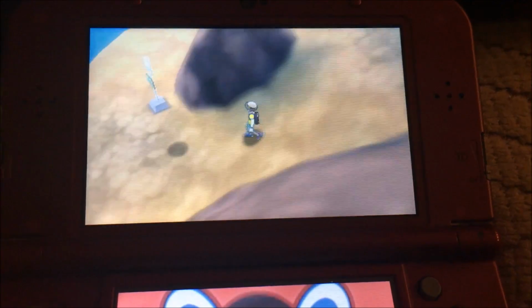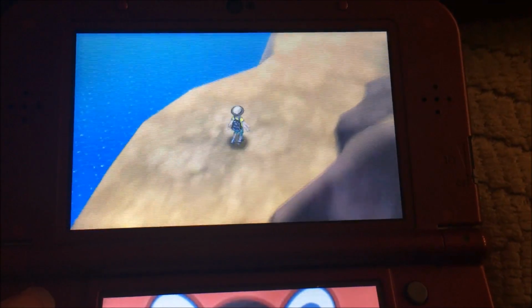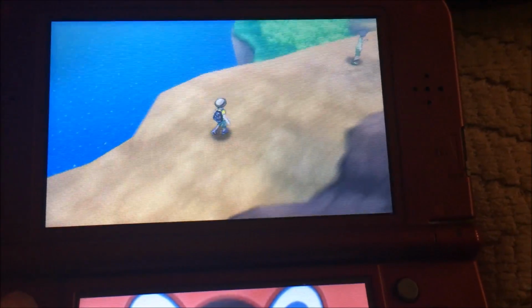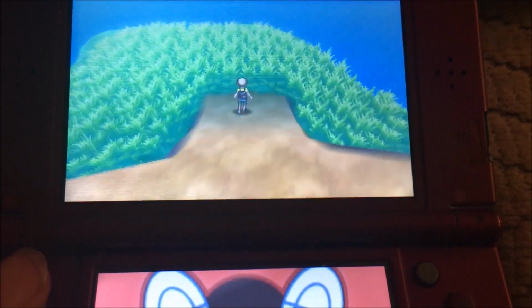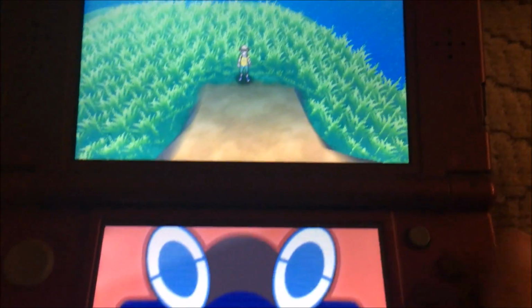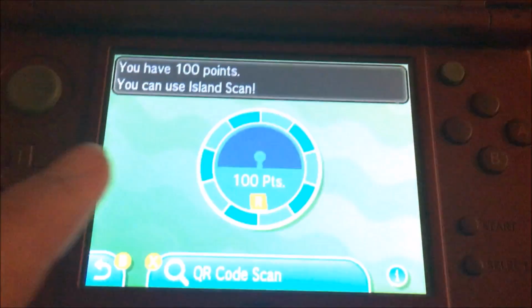So if you run into a Pokemon like that that's flying or runs into you, it will not count as a Cyndaquil. So you're going to have to go to actual patches of grass. So like right here. So we're at a patch of grass, right? We're going to go back to the QR scanner, and we're going to be hitting,